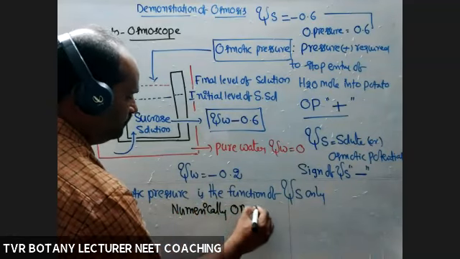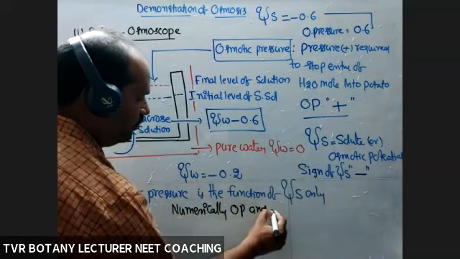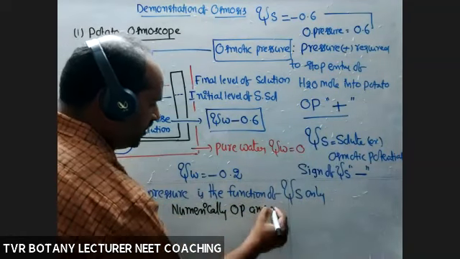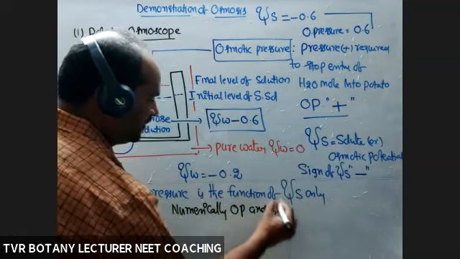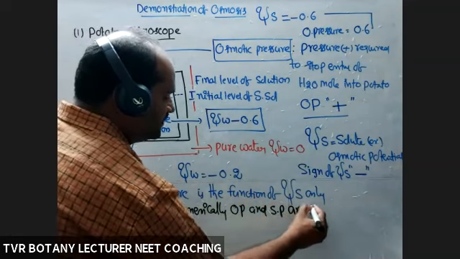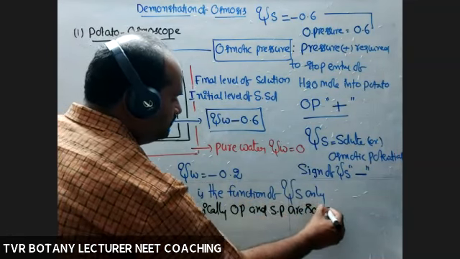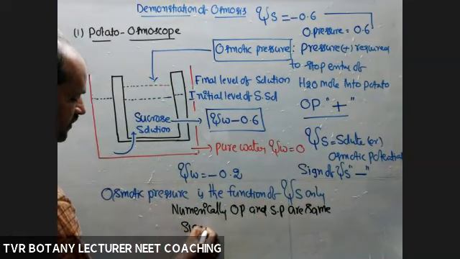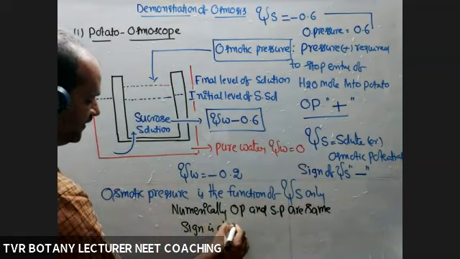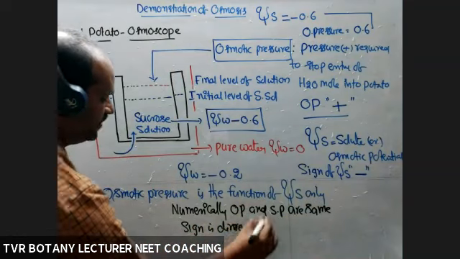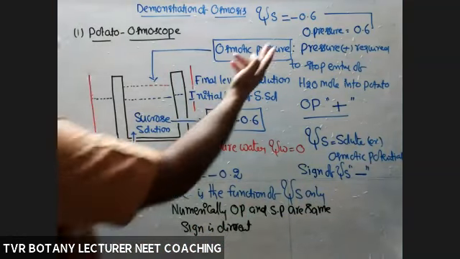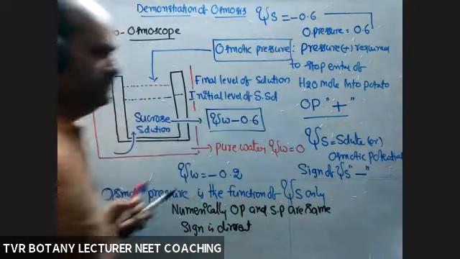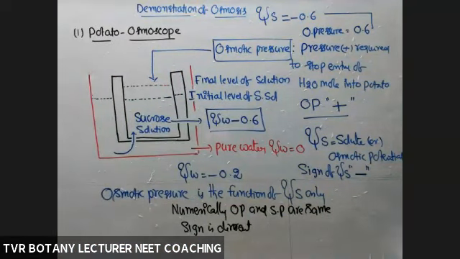So numerically similar. Osmotic pressure and solute potential are the same numerically, but the sign is different. One value is positive, but numerically same or not? So that's about a demonstration of